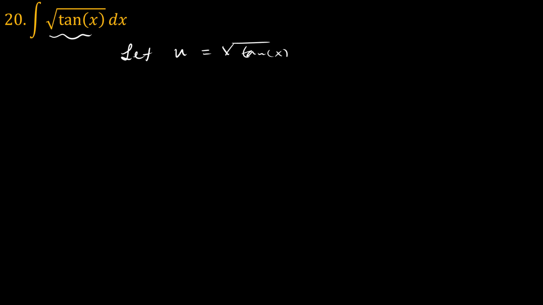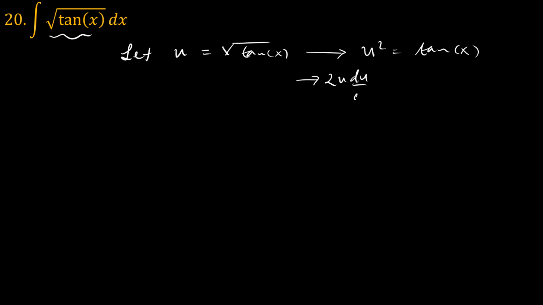So the problem is the indefinite integral of the square root of tangent of x. The first thing we'll do is to try and substitute for the tangent of x. So we say let u be equal to the square root of tangent of x, and that implies that u squared is equal to tangent of x. What this means is that